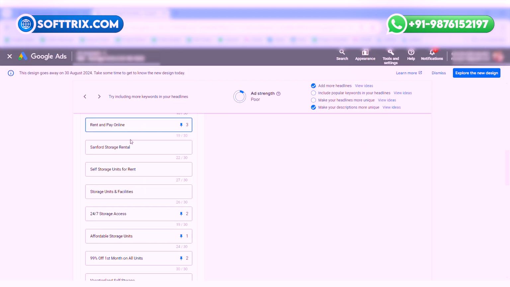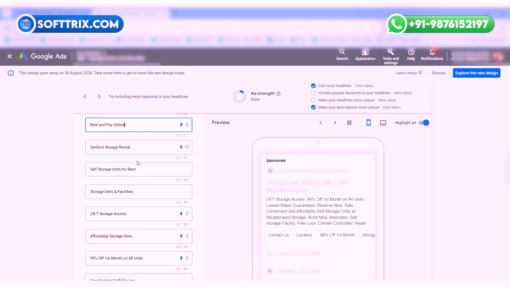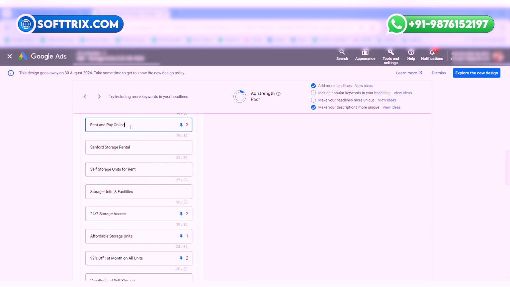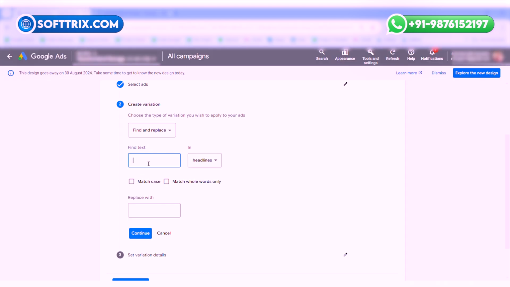So currently I am running the ad for this storage facility, and this headline I am using as a third headline. So just suppose if I want to use a different headline as a call to action, so I have to create an ad variation in Google Ads. For the same, just copy this headline and enter this in the find text,